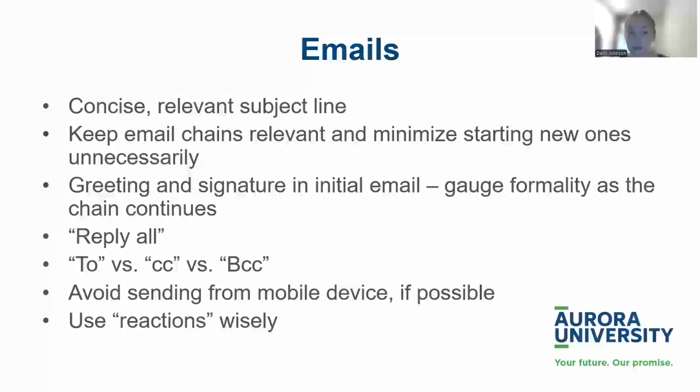And then there's different fields in emails. So there's the to, which is who the email is meant directly for. And then there's also CC and BCC. So CC is if you just want someone to be in the loop about that email, but it's not directly for them, you can just CC them. Blind copy is where you want them to be in the loop, but you don't necessarily want the person who is receiving the email to know that they are in the loop. So you can blind copy someone as just like a heads up, but maybe you don't want it to be obvious that they're blind copied. So use those carefully and wisely, especially when you're applying to email.